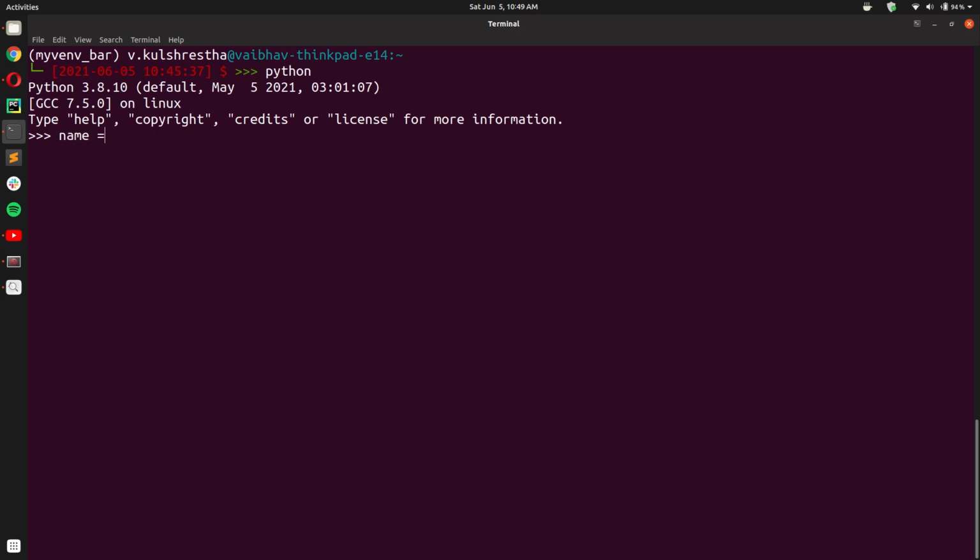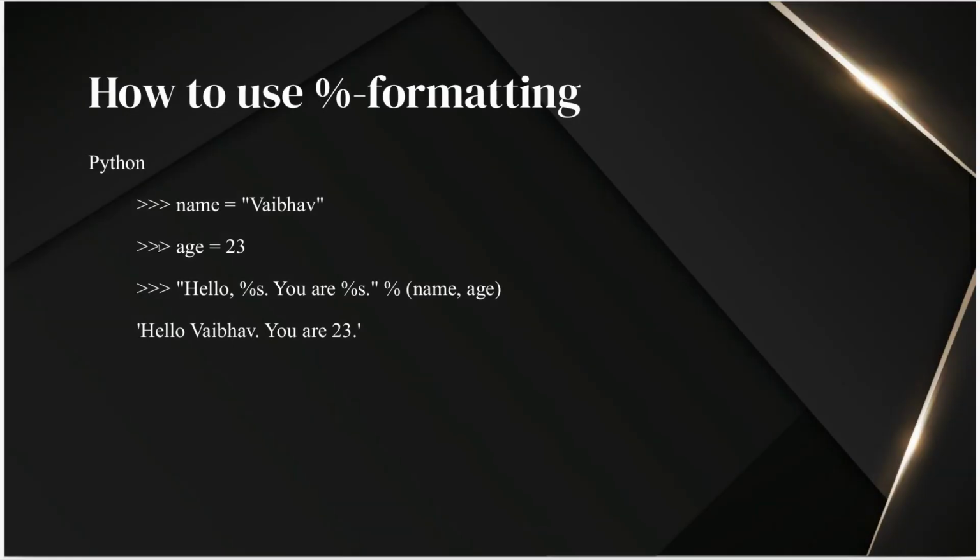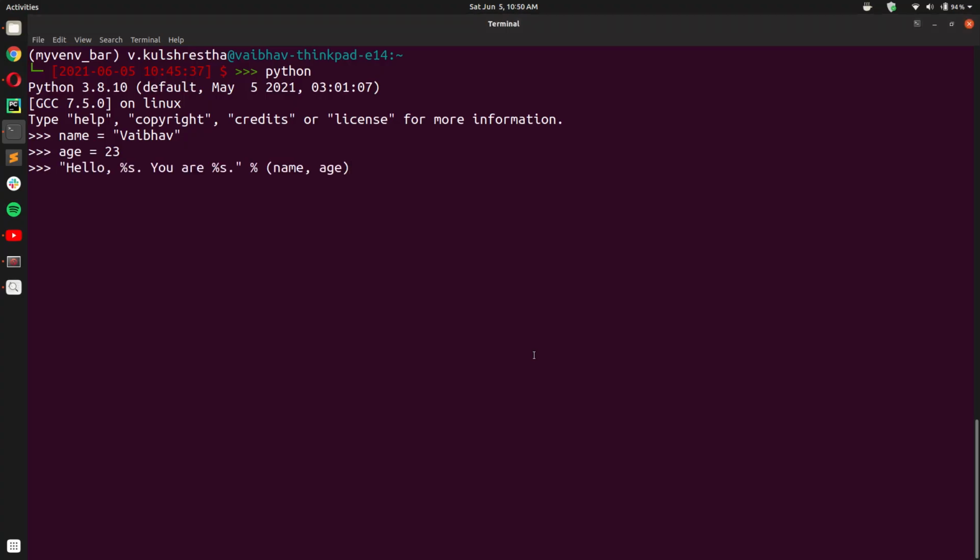So let us say I had a variable called name with my first name and a variable called age with my age. Now if I wanted to use these two variables in a string, I can do so using string formatting like so.